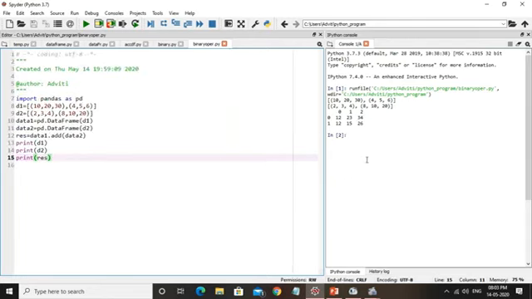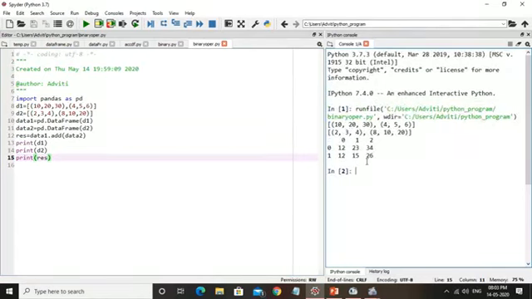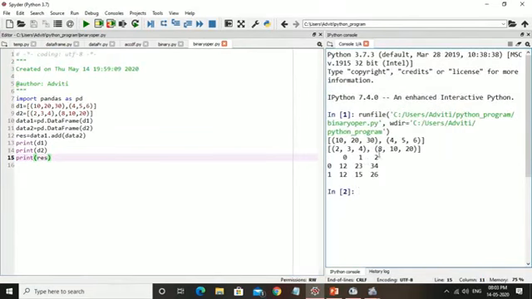I'll just increase the font size so that you can look at it now. Clear? Look at here. 10 plus 2, 12. 20 plus 3, 23. 30 plus 4, 34. 4 plus 8, 12. And then 5 plus 10, 15, 6 plus 20, 26. So what happened? We created two data frames and then added each element of every data frame, and the result is displayed in a third data frame.